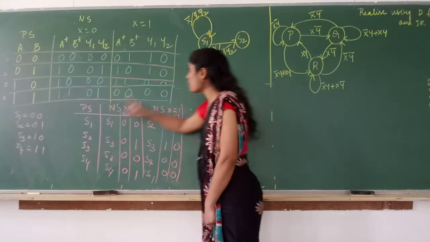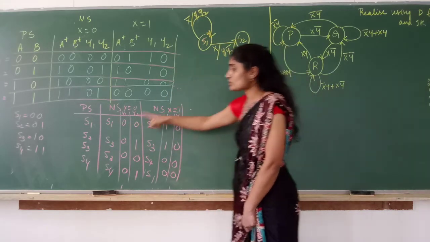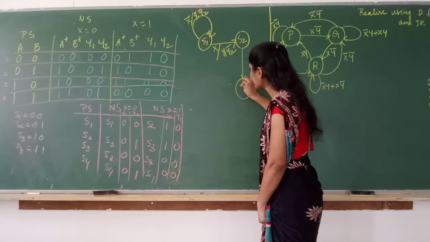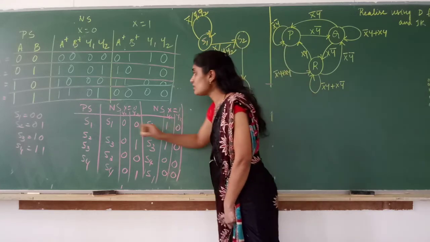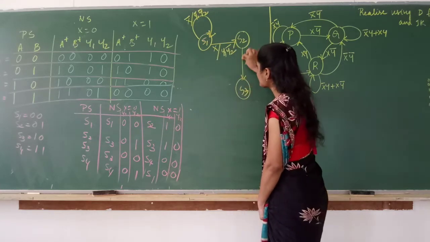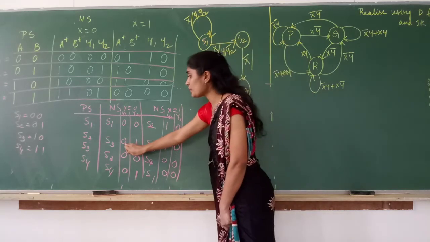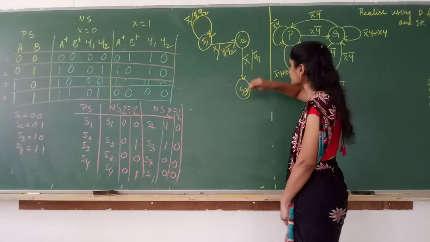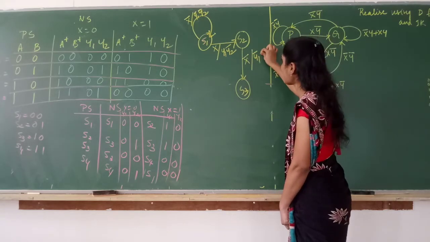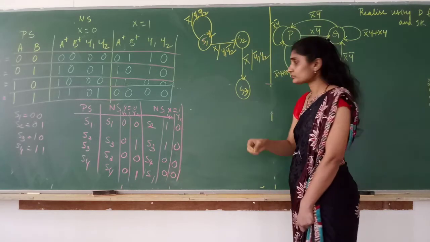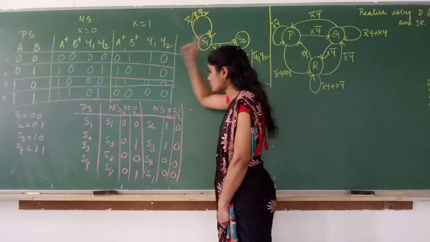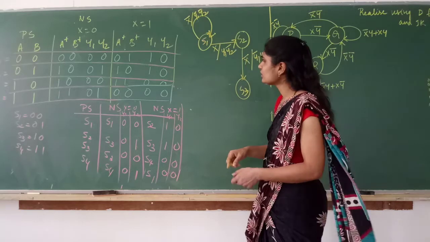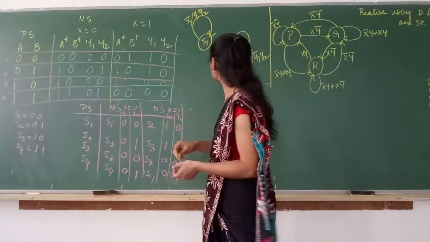Now present state is S2. If present state is S2, next state will be S3 when x is 0. So we write x bar slash. Now write the output values 0, 1. So y1 is taking 0, so you write y1 bar. y2 is taking 1, so you just write y2. Now present state is S2 only, next state will be S3 again.